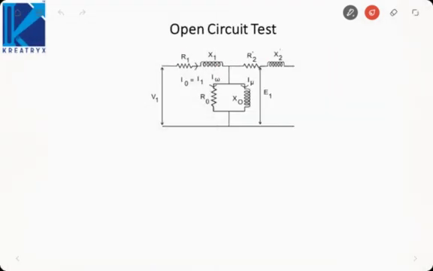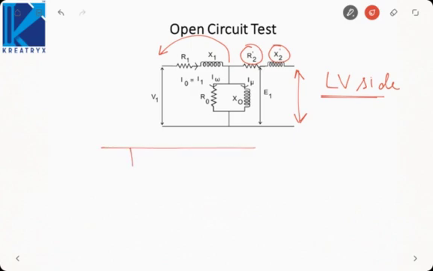Let us see the equivalent circuit in case of open circuit test. Here I have referred the entire circuit on the LV side. So this is my R2 dash, this is my X2 dash. But since the circuit was open circuited, here we have kept open circuit. Now, if we approximate the circuit by moving this shunt branch from EMF to the terminal voltage, this circuit would be